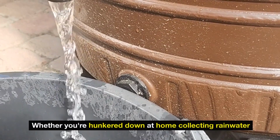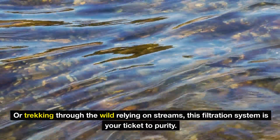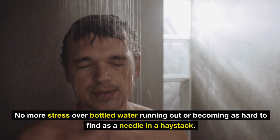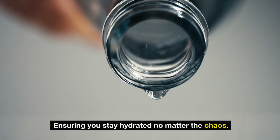Whether you're hunkered down at home collecting rainwater, or trekking through the wild relying on streams, this filtration system is your ticket to purity. Picture being able to transform murky, questionable water into crystal-clear, thirst-quenching goodness. No more stress over bottled water running out or becoming as hard to find as a needle in a haystack. With your trusty filter by your side, you're tapping into a well of independence, ensuring you stay hydrated no